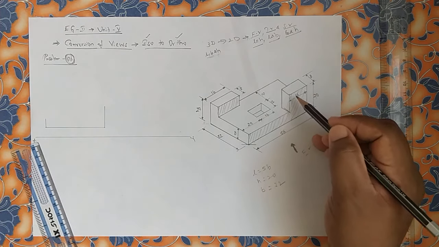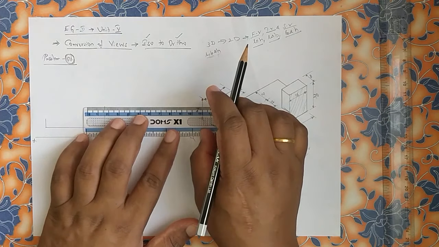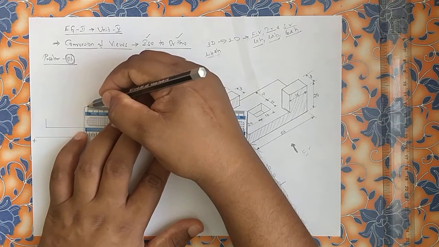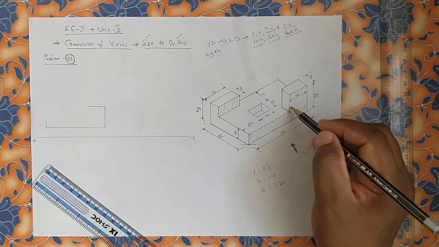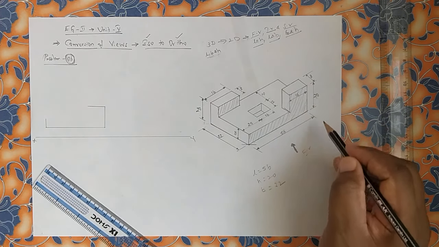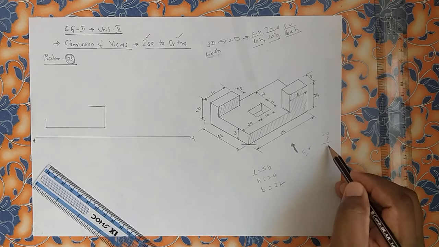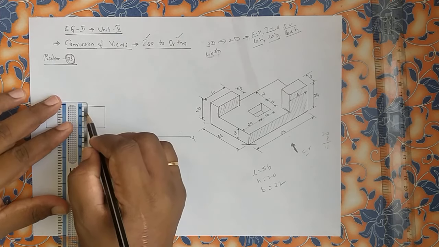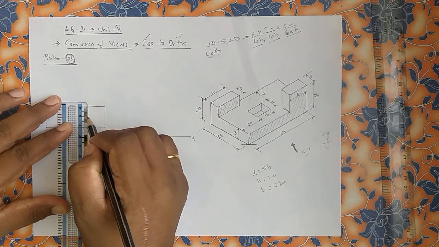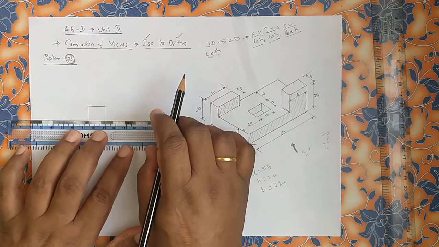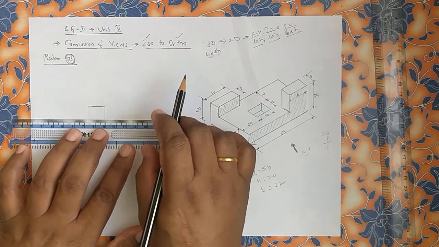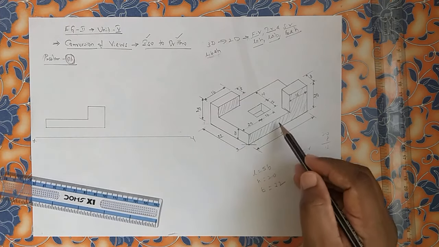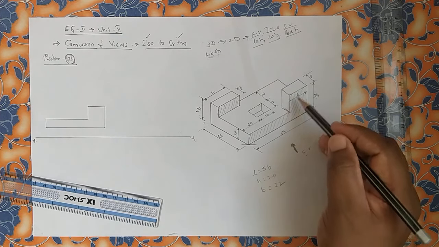Now length again towards left side it is 16 here. Now down we have to come down here, but what is that? 20 we have minus 8. It will be 12. 12 mm I have to come down from here. 11, 12. If you observe, these two will get lined. Like this. So this is an L shape which I can see in the front view. I have drawn it clearly.